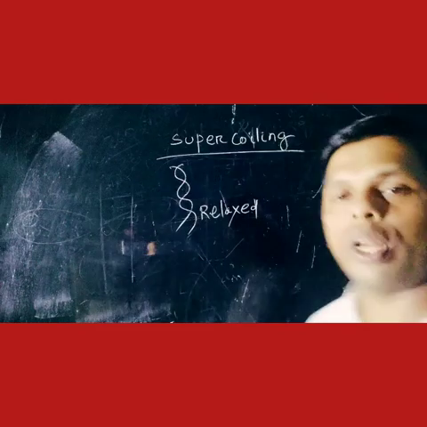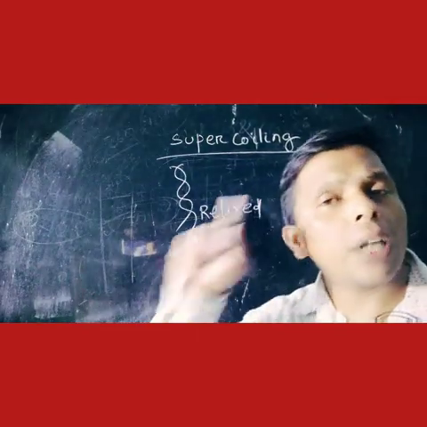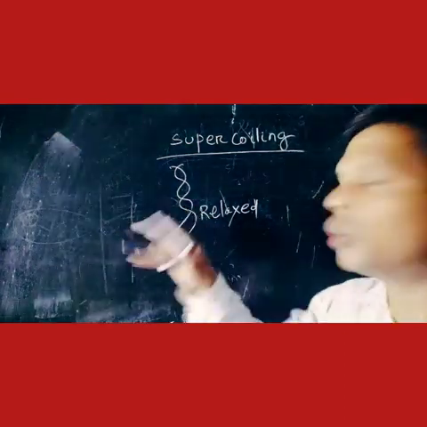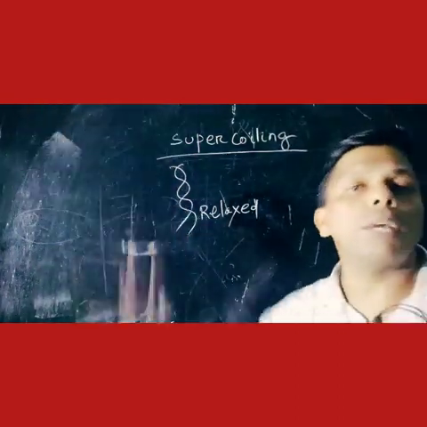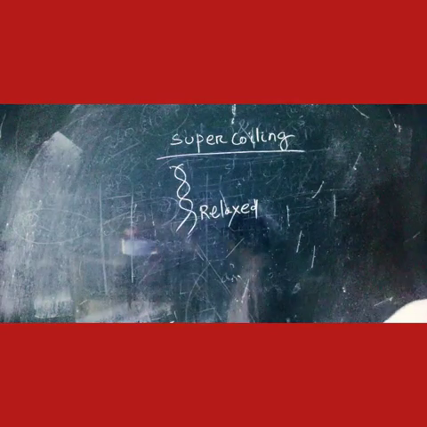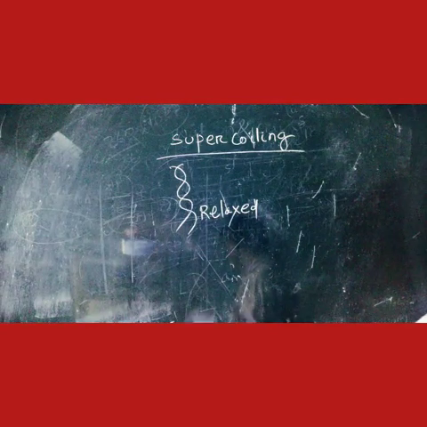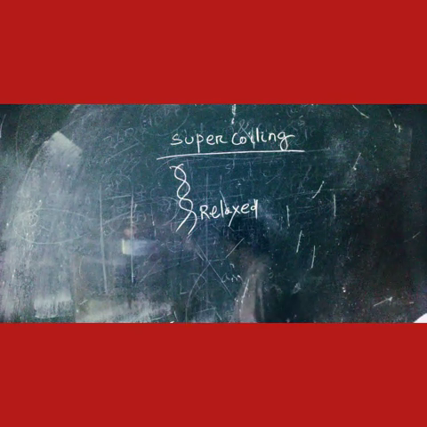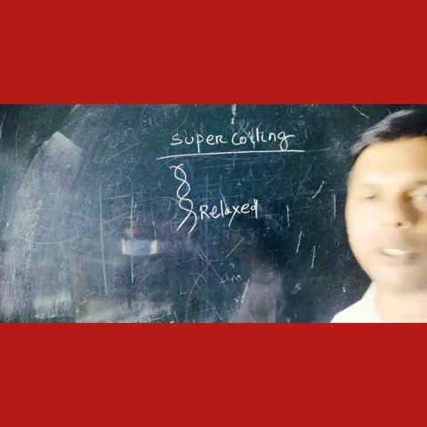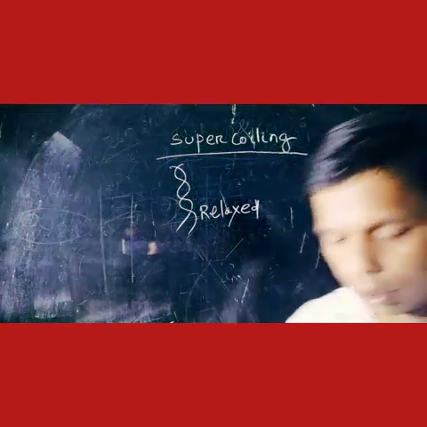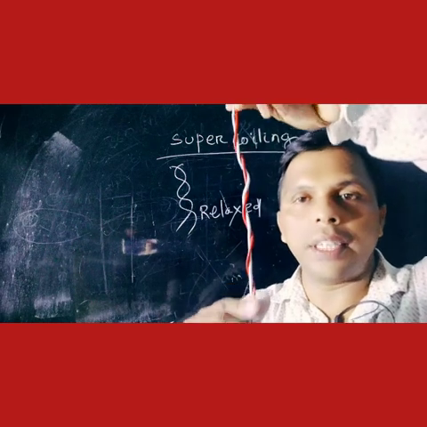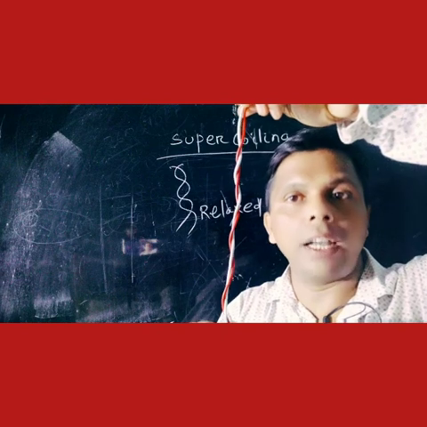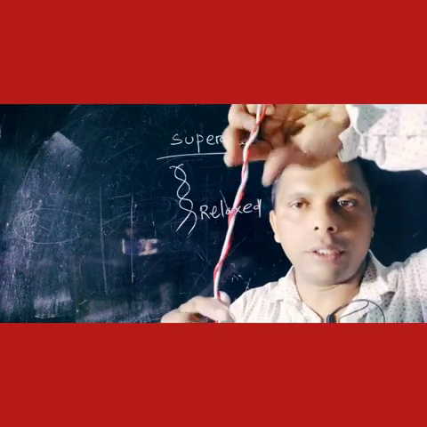Then what is supercoiling? When the two strands of DNA coil again, that means the two strands again cross each other, it becomes a supercoil. How? This supercoiling is formed when the complete DNA crosses over itself. How is it possible? Suppose this is a DNA. The red is one strand, the white is one strand. It is a double helix, one coiled around the other.